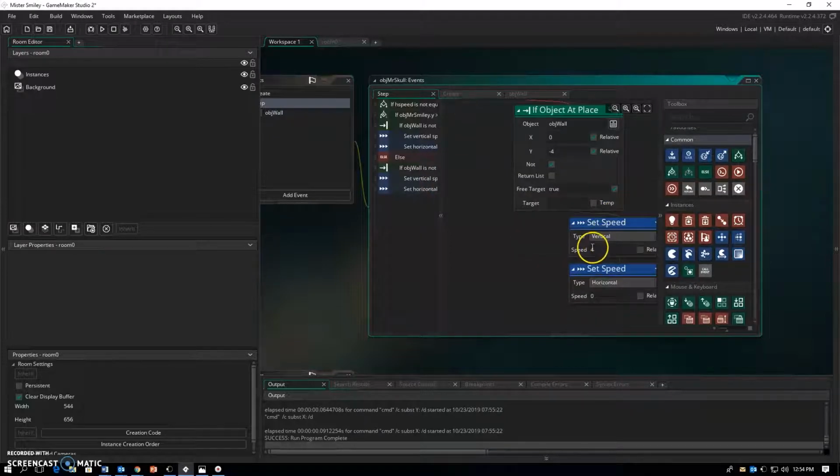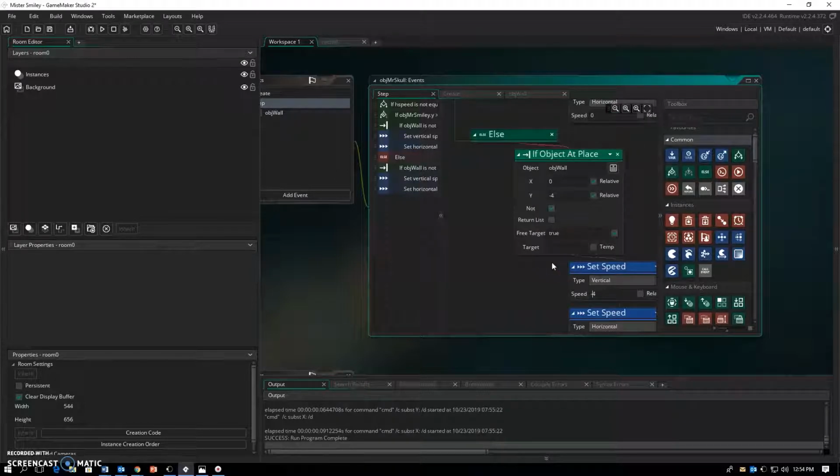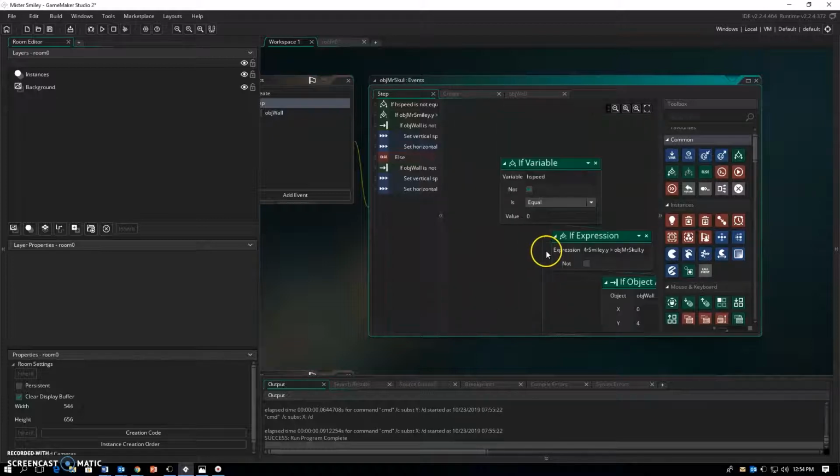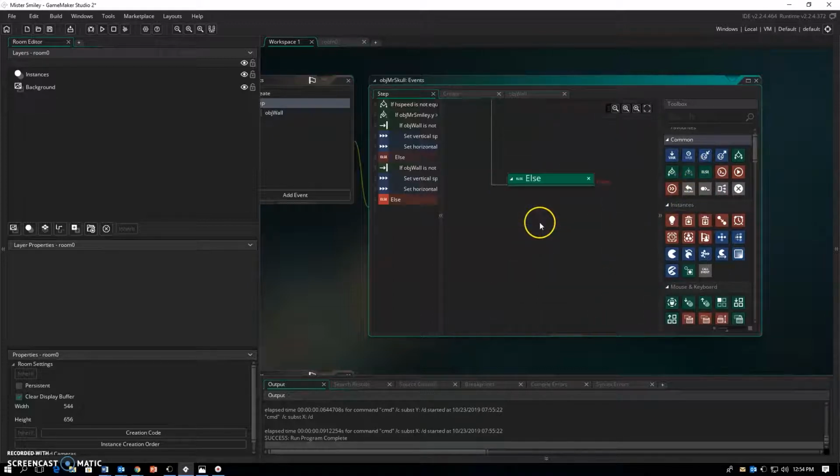Instead of positive 4, we'll make that negative 4 and make that negative 4, and use the power of cut and paste. Okay. Then, if we're not moving horizontally, that's our else on that one, so we're going to add an else there. We're not moving horizontally, that means we're moving vertically. And if we're moving vertically, we need to check and see where Mr. Smiley is